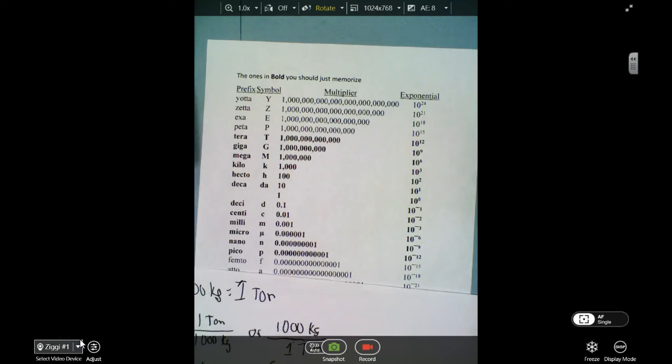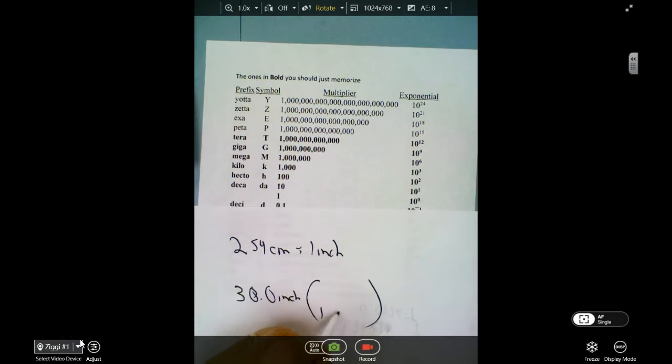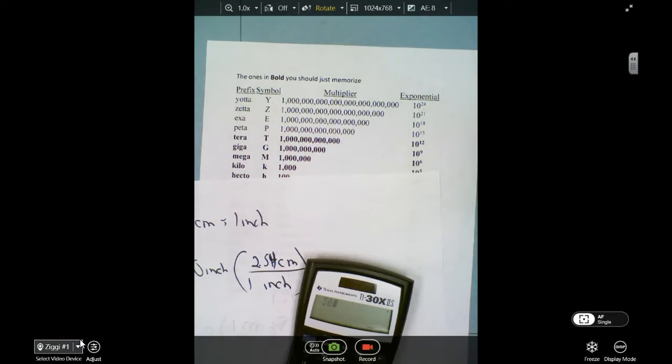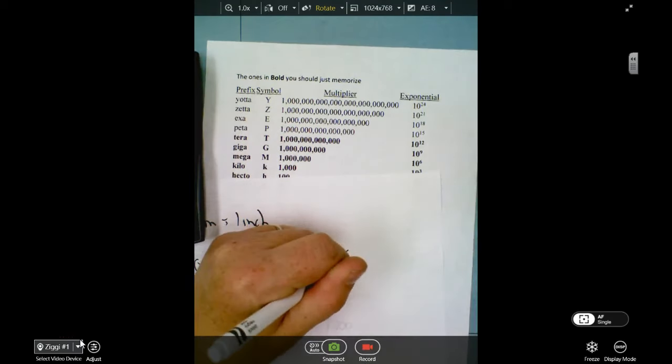And that's pretty much it, other than the fact that we can then look at maybe how do we do this for inches. Inches, there are 2.54 centimeters equals 1 inch. So once again, I look at my guy Kevin. He's 30.0 inches tall. I want to put the 1 inch on the bottom, the 2.54 centimeters on the top. That way I can say, okay, 30.0 times 2.54 gives me 76.2